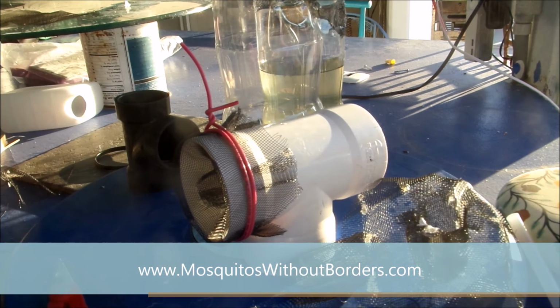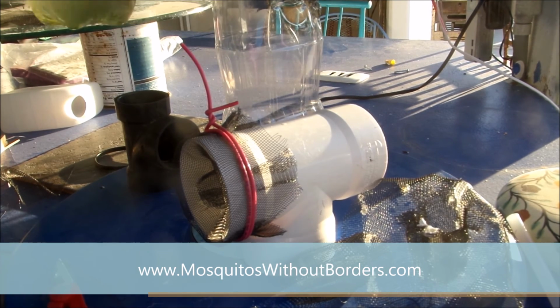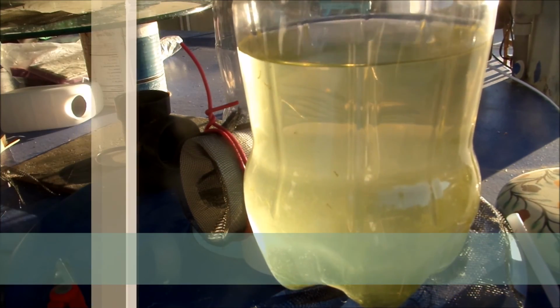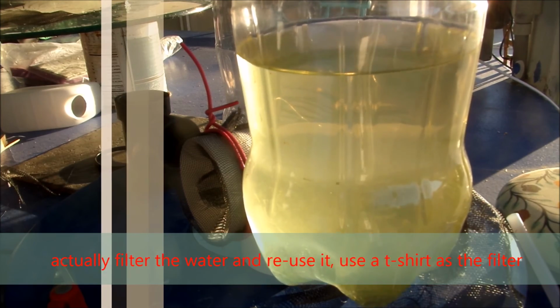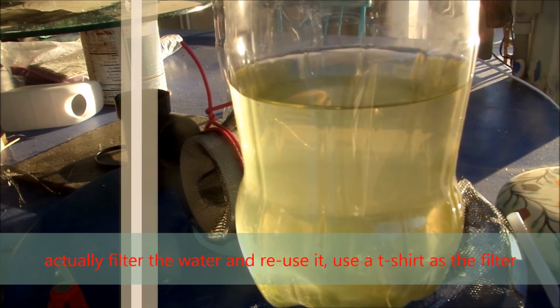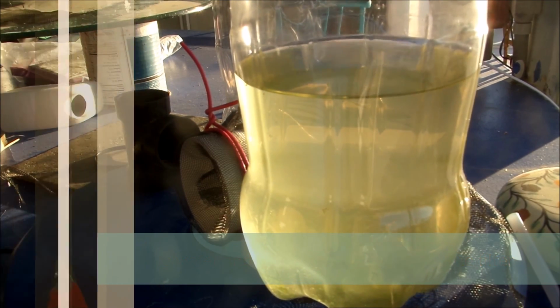And that's how you basically make these one-way traps. And I've tested it, and at least 98% can't get away. And here's a little better look at some of the larvae there. You can see the larvae kind of swimming around there. What you do is you would empty this out and throw this away. And then once you see larvae